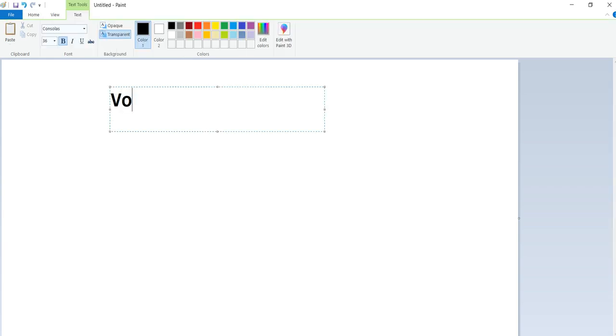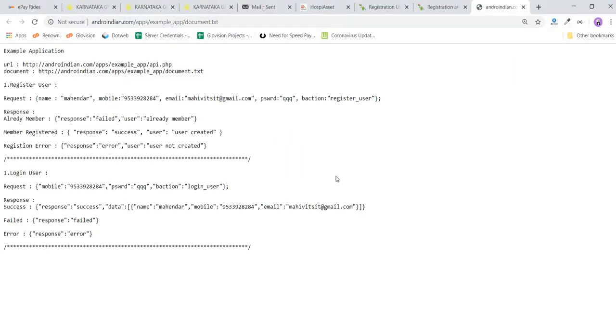Volley is nothing but a Google library. It's advanced for async tasks. With an async task, multiple actions can be done in a single task, but the code is more and it can have some problems. Volley avoids that. Simply, we can say this is a framework for web services, and it's the easiest way compared to async task. But how does it happen? We can see what web service we are going to deal with now.